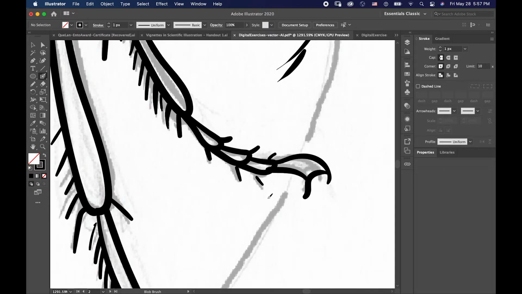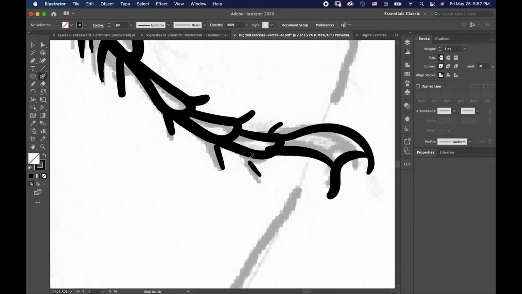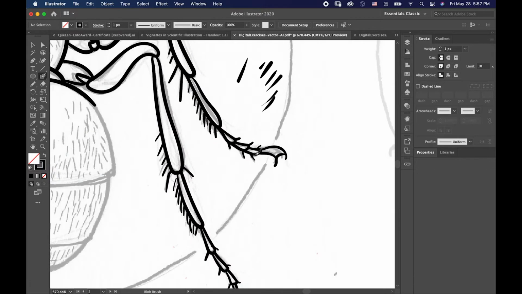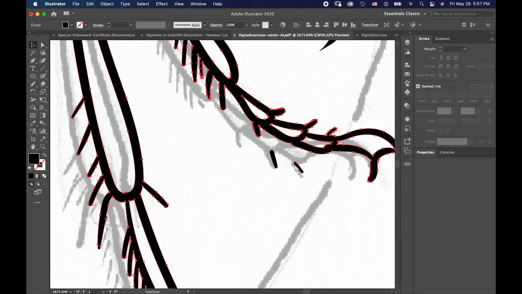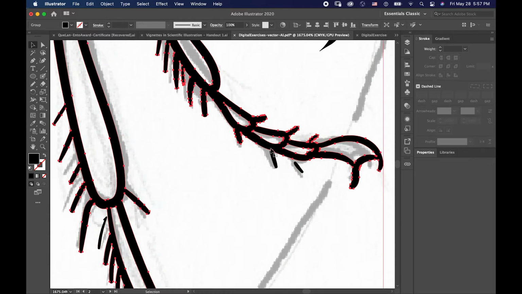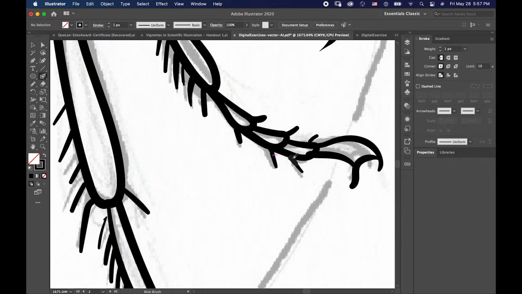If you make a little stroke that's not connected, you do want to make sure that it actually has some sort of tether to your shape, so it doesn't get lost if you move this shape. Say, move this over. Sometimes little unconnected pieces can get lost. So the blob brush, if you just kind of paint it on,